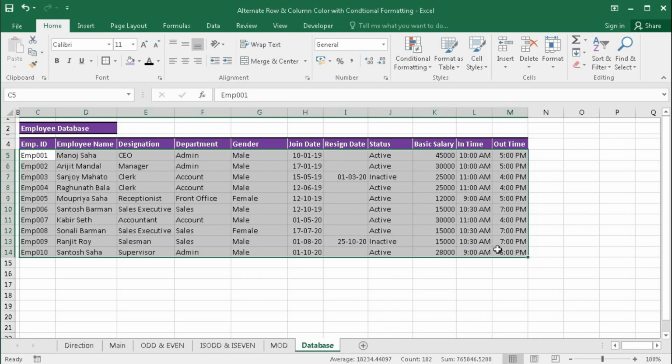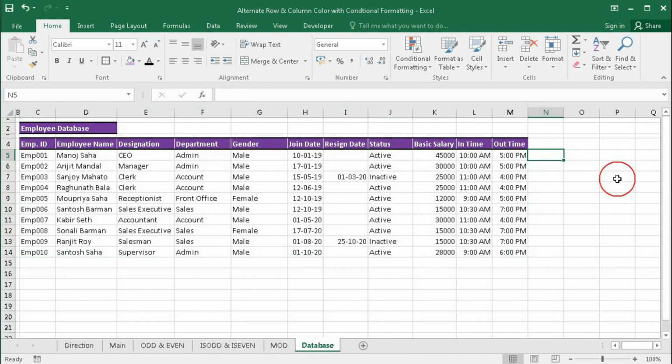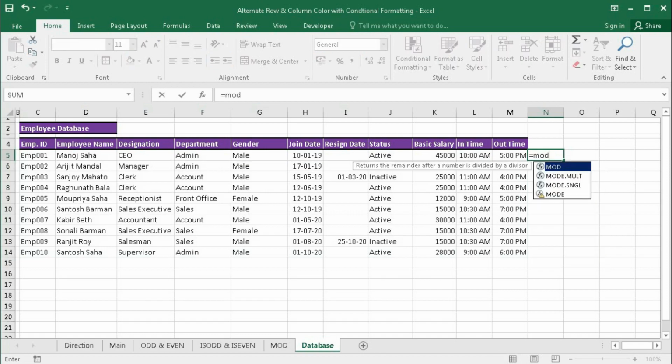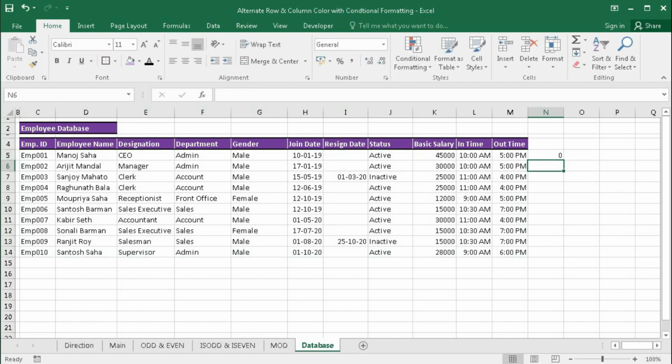So what does the MOD function do? First, here we will type equal to MOD, bracket open, 2, comma, divisor of 2. Suppose I am giving the divisor 2, bracket close. So 2 is divided by 2, the remainder is 0. That means the MOD function returns the remainder of any division.